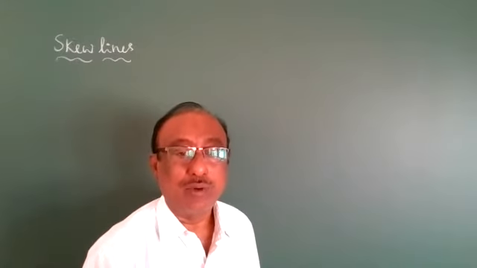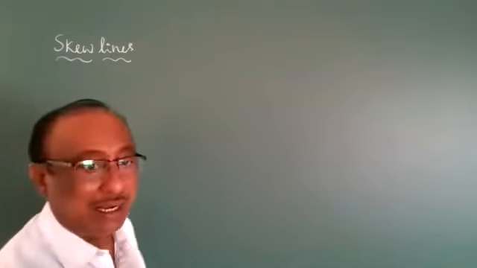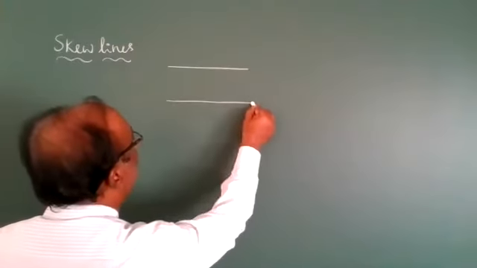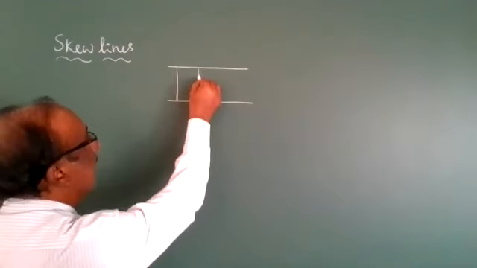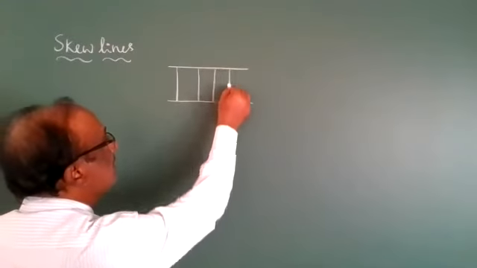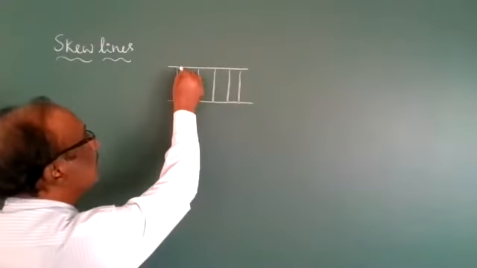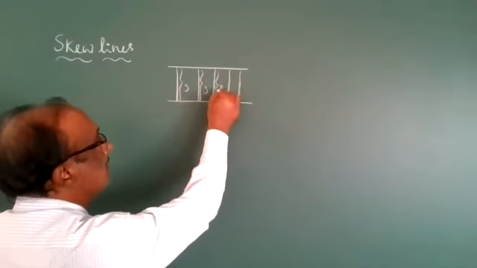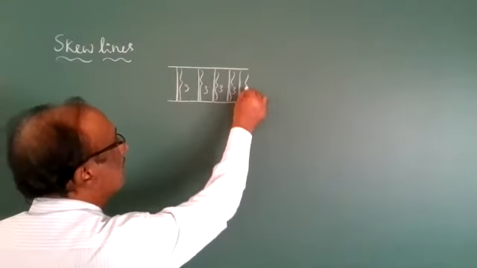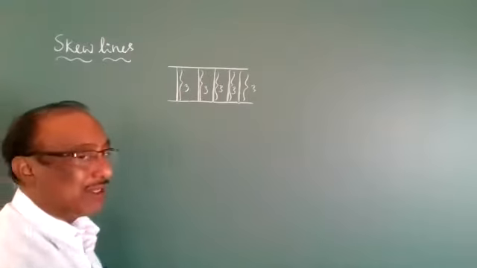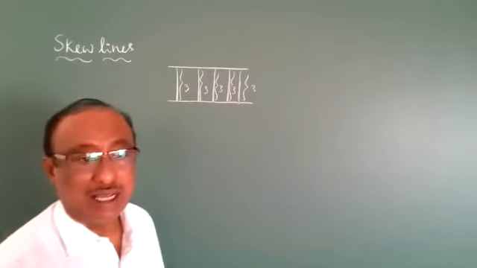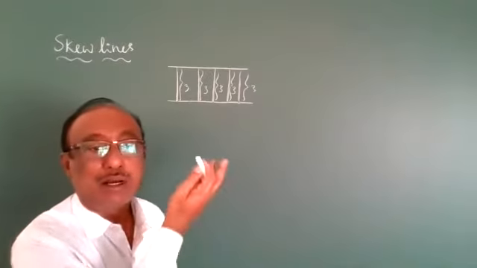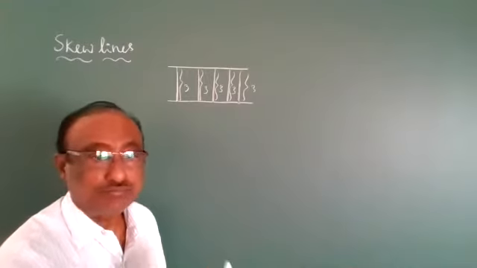Next, the fourth category. First, I will see parallel lines. What is the distance between parallel lines? It is the same. So there is no shortest distance between parallel lines. This is 3 units, this is also 3, this is also 3. There is no shortest distance between these lines. Parallel lines do not have a shortest distance because all distances are equal.